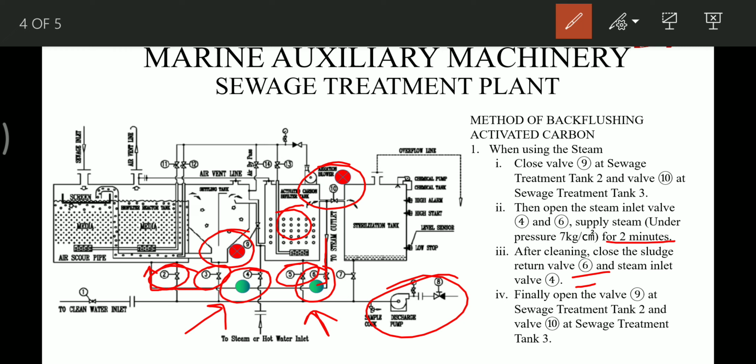One more thing is that when we are cleaning it for some maintenance work, in that case we have to clean thoroughly, because there are chances of methane gas being present. So for that we have to open the inspection cover, and from there we can put in a fire hose or water, and continuously open all these valves and run this discharge pump, so that this sewage treatment plant can be cleaned thoroughly. And it really takes time, because I have done it during dry dock, so it really takes time.